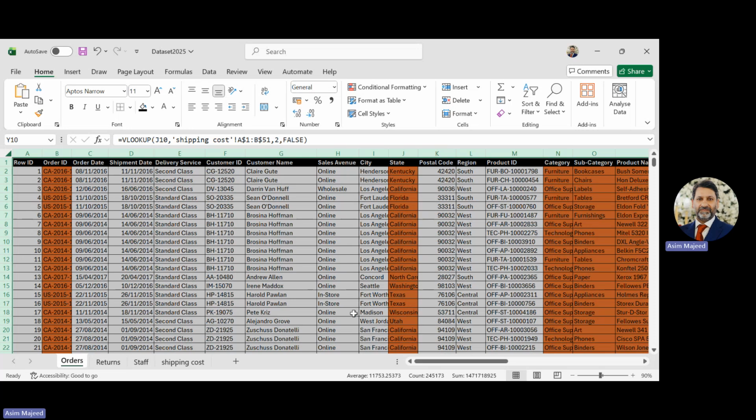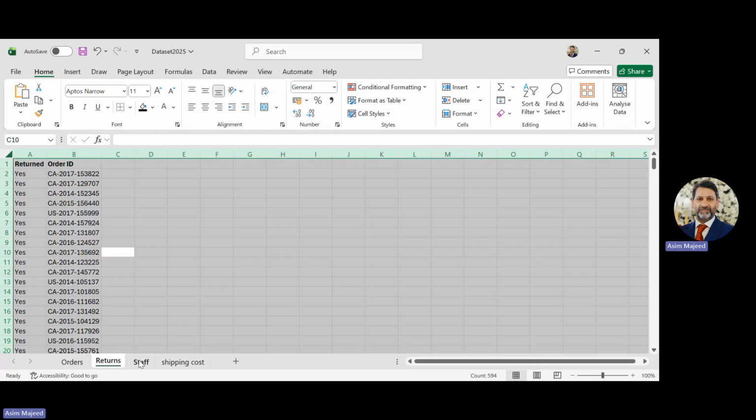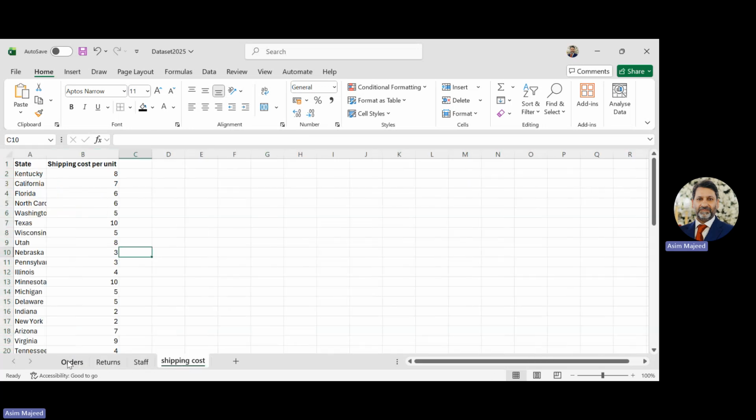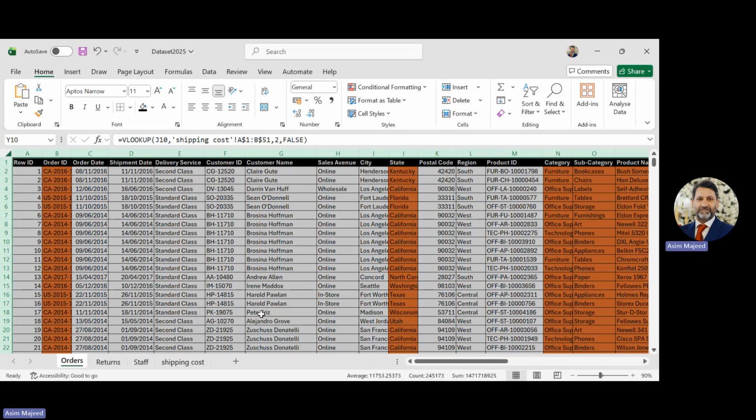Right. So first of all, for question two of the assignment, we are looking into different things. The first thing is that you have to open up this file, which is titled dataset 2025. Once you've got this data set open in front of you, you can see at the bottom that we have orders, returns, staff, and shipping costs as well. In terms of the orders, this is the main file we are going to work on. And here we go. We're going to find a few different columns and whether they are available in your data set